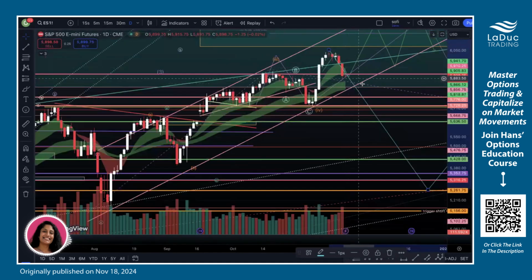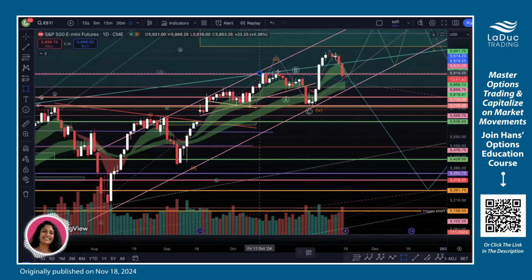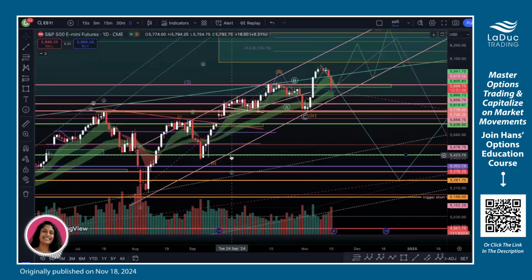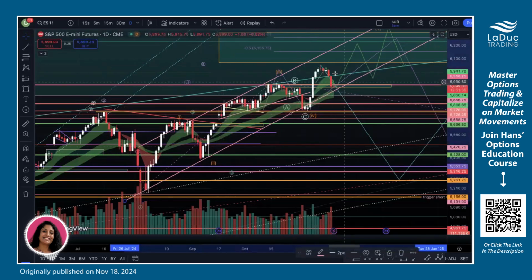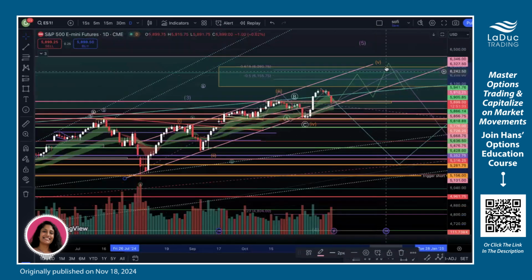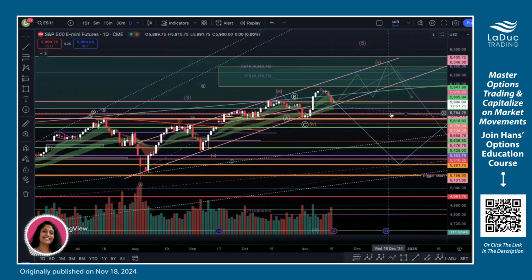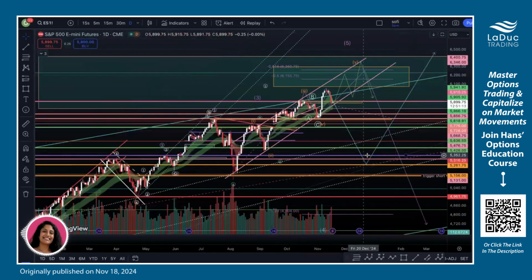So if we were to reject, and you can see, well, this is the previous level of support. To be bullish, we must get supported immediately. And we must, you can see, this is the channel holding as support. So this is ideally the level to hold. And if we do hold, we will continue moving higher into 6250 and 6330. That's the bull path. The bear path is, let's say we cannot hold support and we end up breaking below 5850, then we very likely sell into 5730 and even into 5600 and lower.